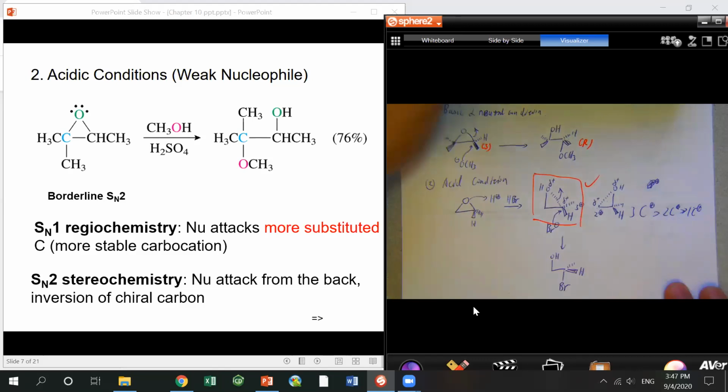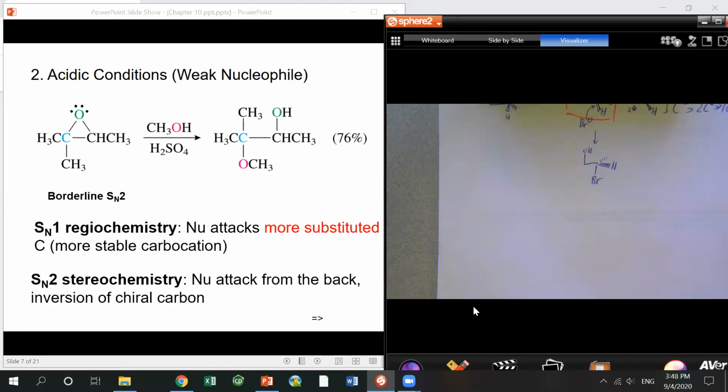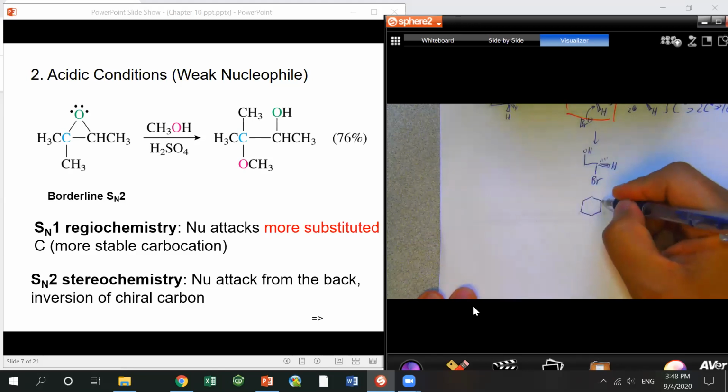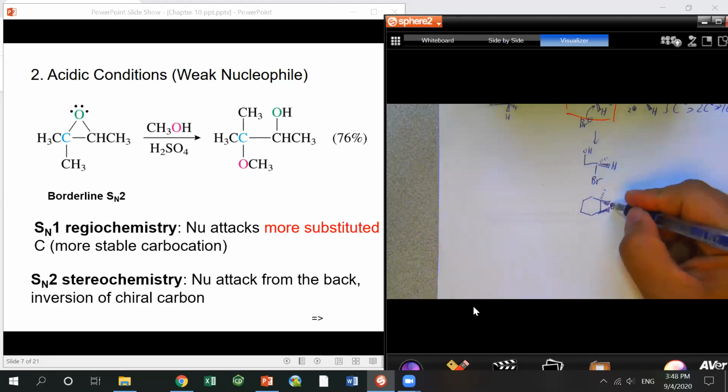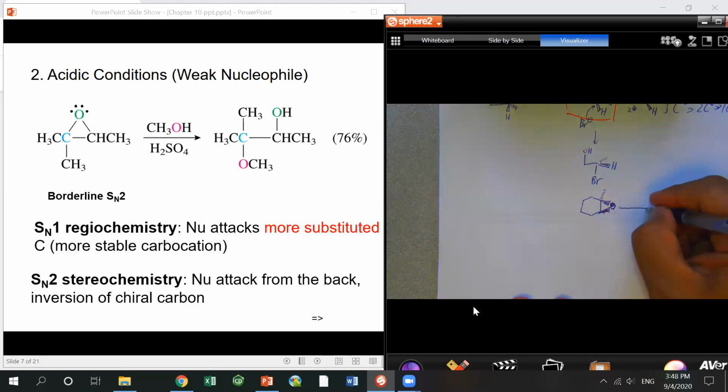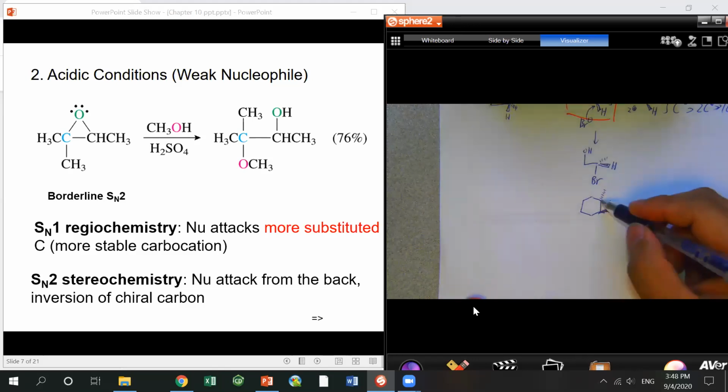Let me give you one example, and you will probably get it. We have this epoxide. This is the oxygen, connected by a wedge bond, and a dash bond connects to the methyl group. If we want to do a ring opening reaction for this epoxide,